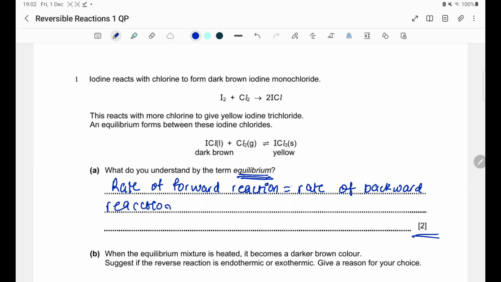In your exam, it would be safer to write equal to, I'm just writing the sign so we can move faster. Rate of forward reaction is equal to rate of backward reaction, and your second point will be the concentrations